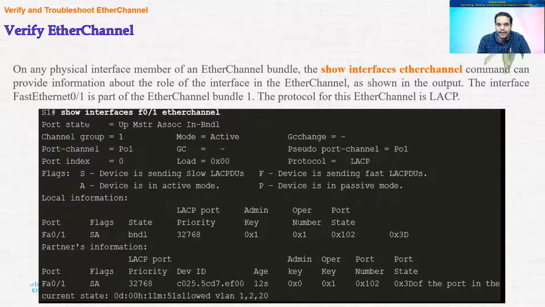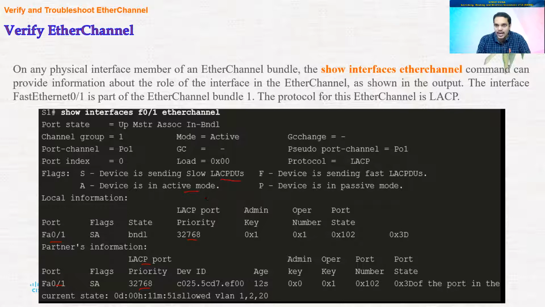The other command is to type the interface that belongs to this Ether channel: show interfaces F0/1 Ether channel. This can provide information about the role of the interface in the Ether channel. You can see this is all the output. For F0/1 it shows the LACP port, binding state, and priority. This is the priority of the port, whether it is sending LACP PDUs or not, and whether it is in active mode.